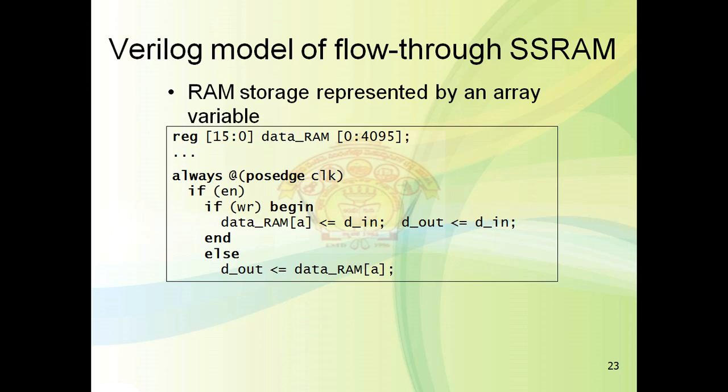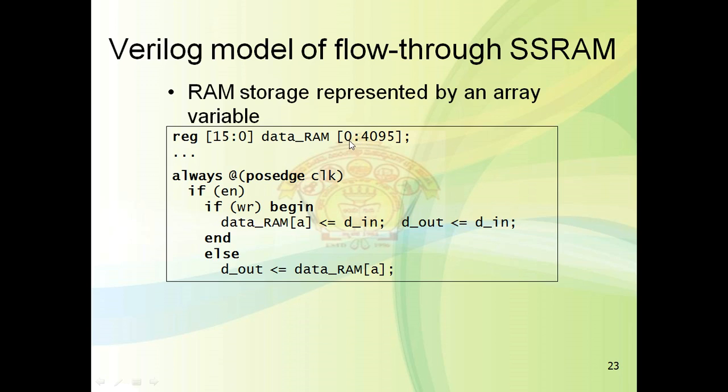How many locations are there in the memory that we have to represent, and what is the width? That much vector we have to generate at each index. So we declare it likewise: reg [15:0], this is a vector, and these are the locations, 0 to 4095. In the above example there is a 4K memory, so this many locations will be there.